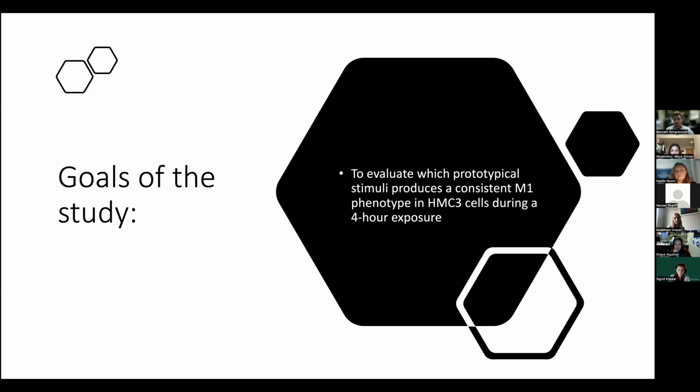And so the goal of our study was to find a prototypical stimulus that produces a consistent M1 phenotype in these cells. I hypothesized that possibly it could be in a 4-hour exposure, because microglial cells are very metabolically active and they proliferate very rapidly. So I'm assuming that there might be a chance that microglial cells are becoming activated when we put LPS or PMA or interferon gamma into their culture to activate them, but before that 24-hour time period that most people use, they're clearing up and reverting back to the M0 or